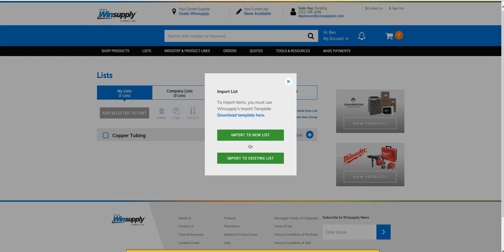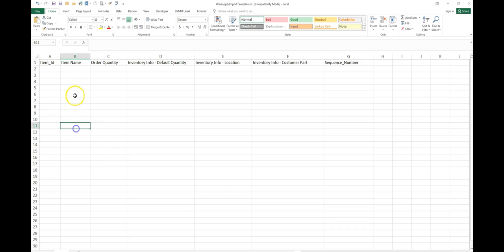Once you have saved the template, go to the location where you have saved it and open it. Here is the default template for importing items into a favorite list. Note we have item number, item name, order quantity, default order quantity, your location, customer part number, and sequence number. The only important field to import from a spreadsheet is item number. The rest do not have to be filled out